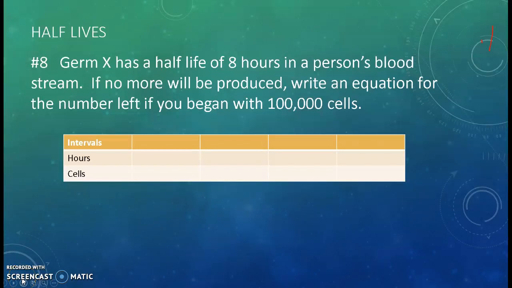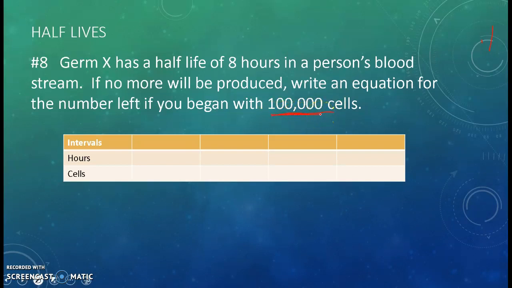So this is the second part of assignment number 3, and it has to do with half-lives. This is the last question. Suppose germ X has a half-life of 8 hours in a person's bloodstream. If no more will be produced, let's say they take an antibiotic that stops the reproduction of these germ cells, we're supposed to write an equation for the number of germ cells left if you began with 100,000 cells in